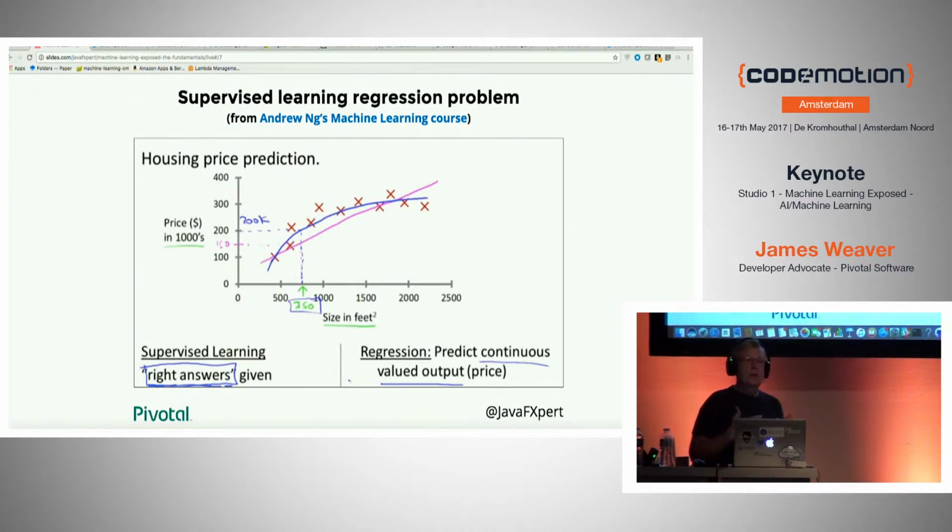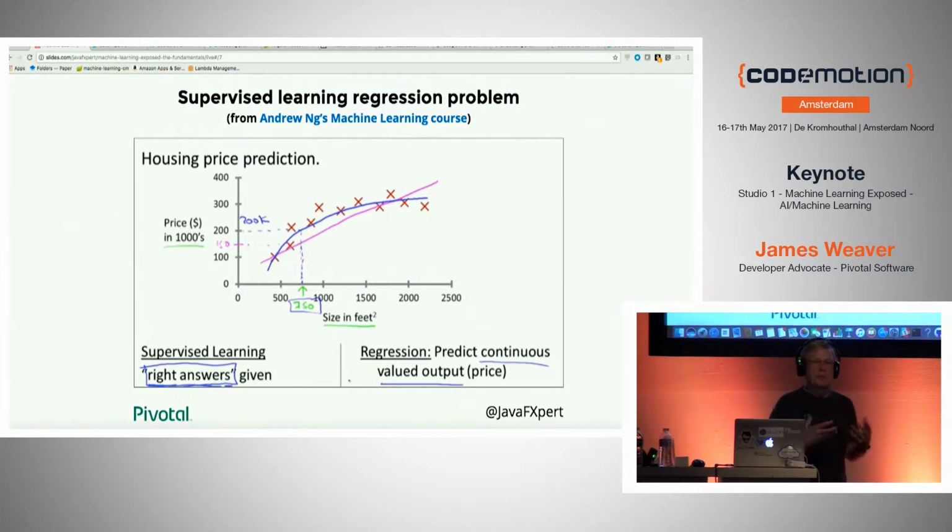And we have one output, which is the price in thousands of euros. So the machine learning challenge here is to be able to predict the price of a house that you haven't seen yet. We have a graph that has the data points plotted for the information in the data set, and then we fit a curve or a straight line to fit that as well as we can. And then when we get a new house we haven't seen before, like